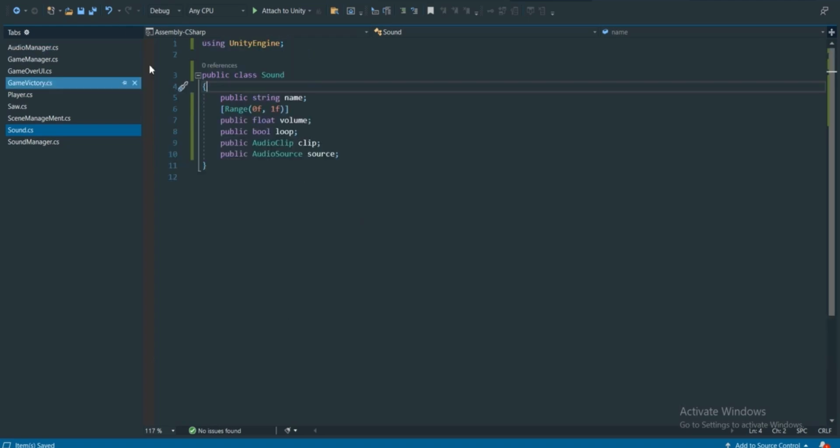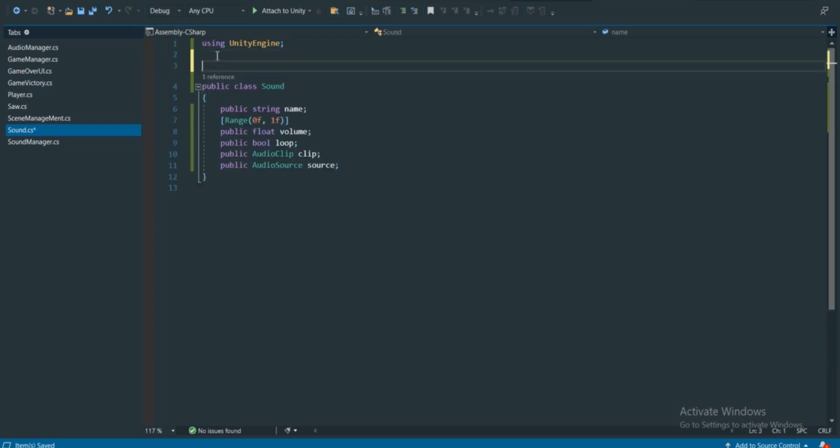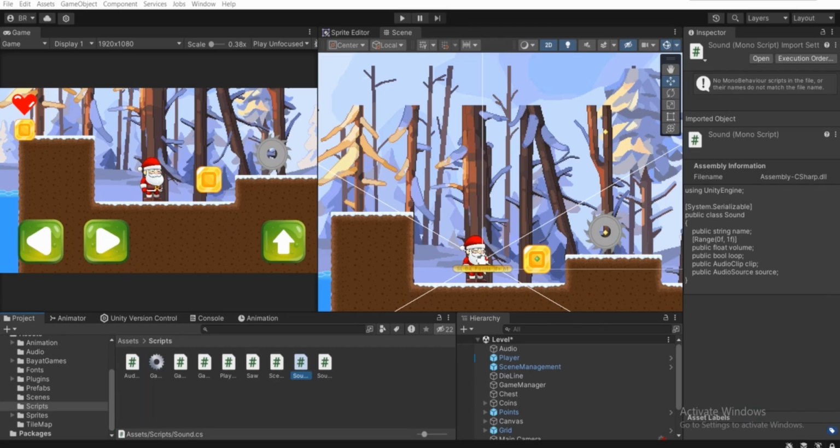Before you create the script, at the top of your script right over here, make square brackets and use System.Serializable. Now we're going to be able to see these properties. Firstly name, second is volume, third is loop, fourth is a clip, and the fifth is the source, the audio source component. If we press Control S to save our script and move over to Unity